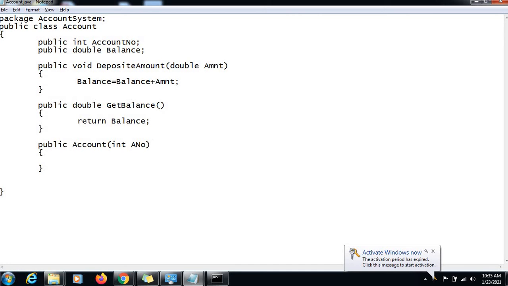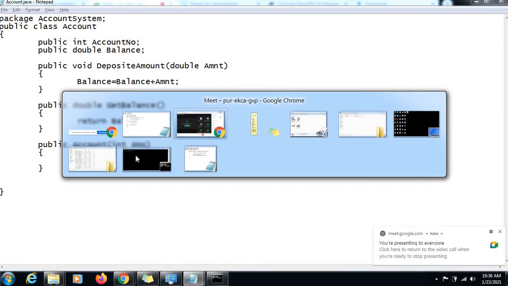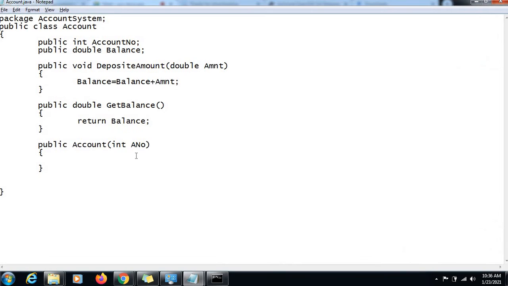So account number. Basically we want to give an option of opening an account by just specifying the account number. You don't need to mention the balance. Let's say the bank allows you to open a zero balance account. So you don't need to mention any data for balance while creating an account object.